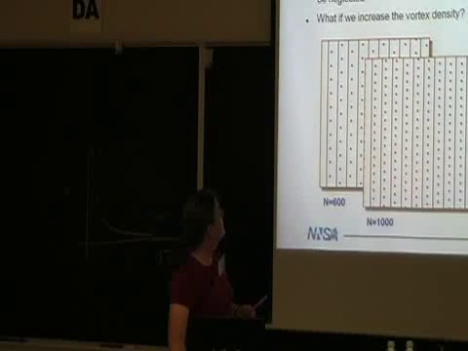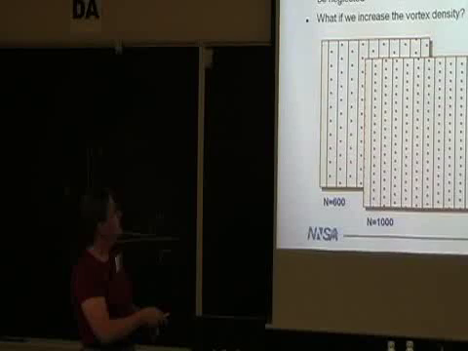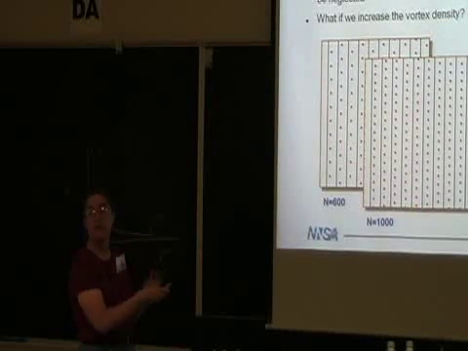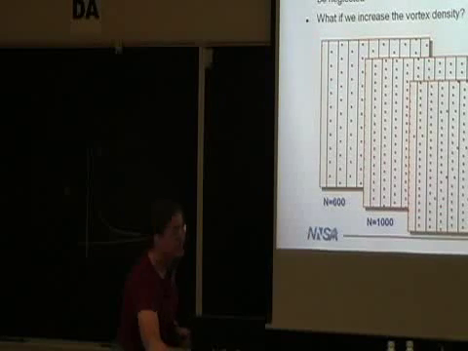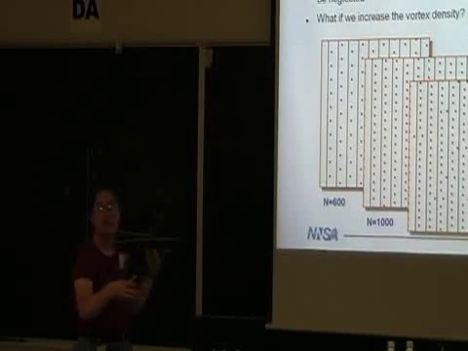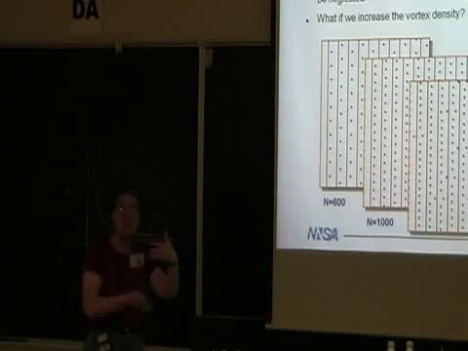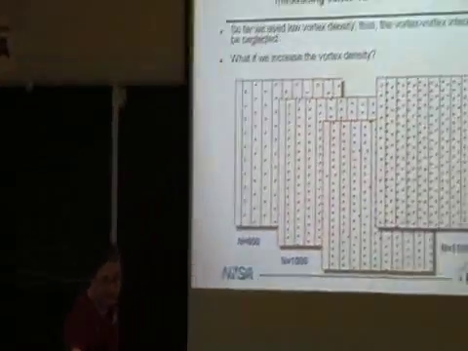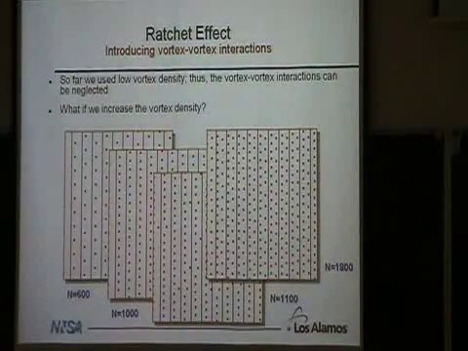So what happens as we start increasing the vortex density? Here are the vortices as they sit in our potential. And of course, they'd like to sit at the minimum of the potential. This is when there's no drive applied to them. But eventually, if we put too many vortices in here, they do have a second degree of freedom available, so they'll start buckling out of the minimum because they don't want to cram. They no longer want to sit so close to each other, so the potential's not that deep, and they start to go out into the y direction. And eventually, they'll start making multiple rows. You can actually study interactions here.